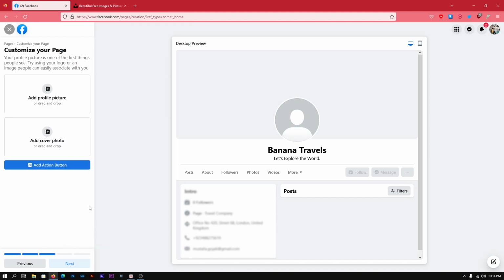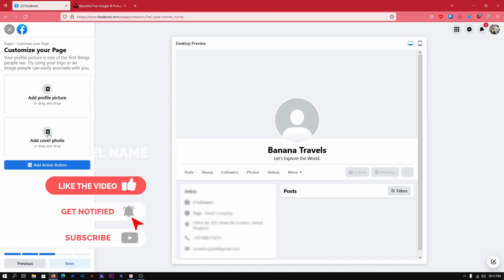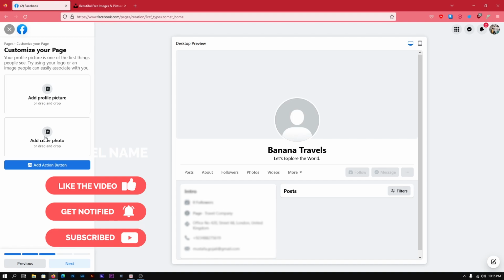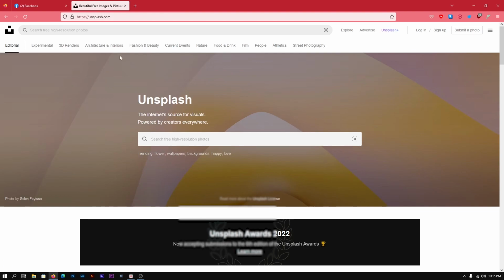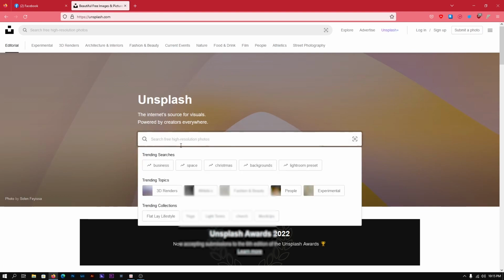Once you click on next, a bit of processing will take, and after that it'll ask you for a profile picture and a cover picture. If you are starting a company, you should have a logo or something and a cover picture. If you don't have any, just for this example's sake, you can go to any free stock image provider, like unsplash.com. If you need any free pictures, you can grab them from this website. So I'm going to type in something like